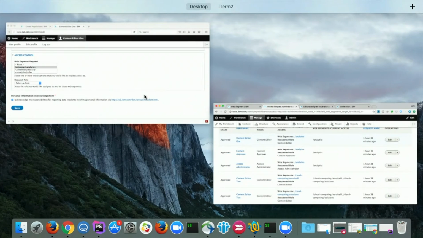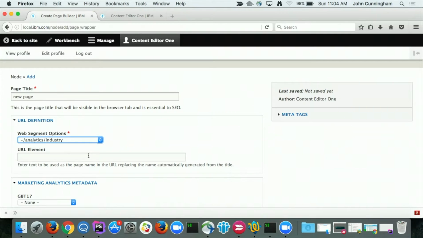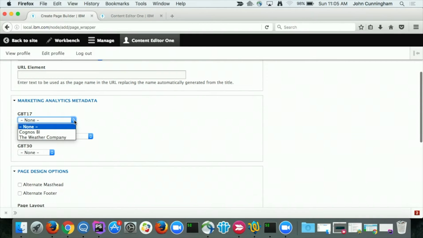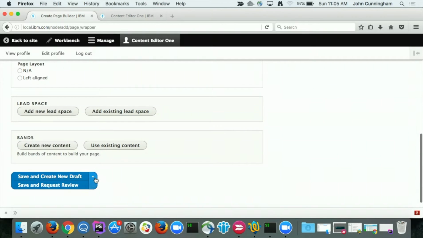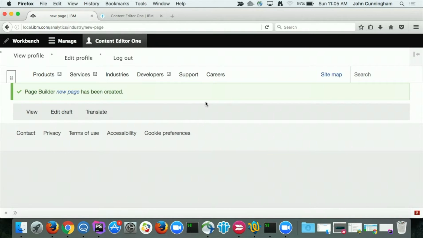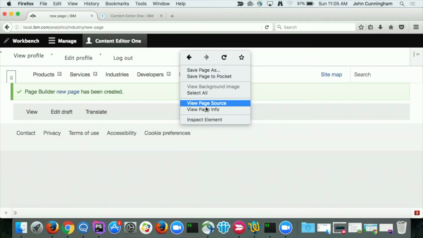So let me get back to the actual content page here. So we're just creating a new node here. I'm just going to leave it mostly blank, just to throw some values in here. Go on, save and request review. So we just tagged that one single web segment there. If you inspect it,